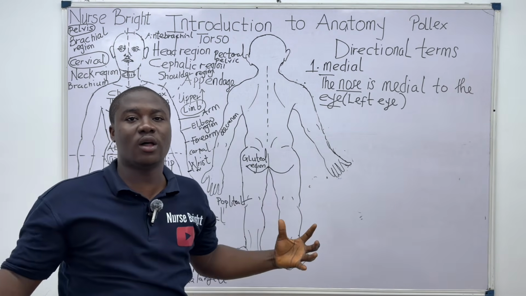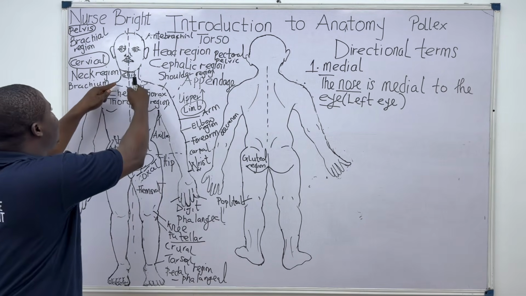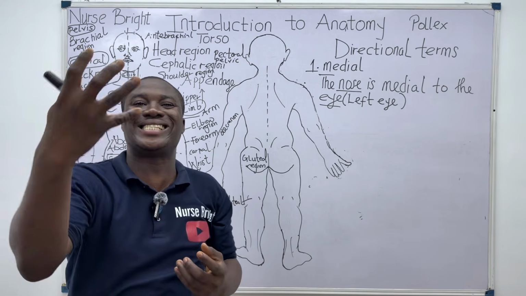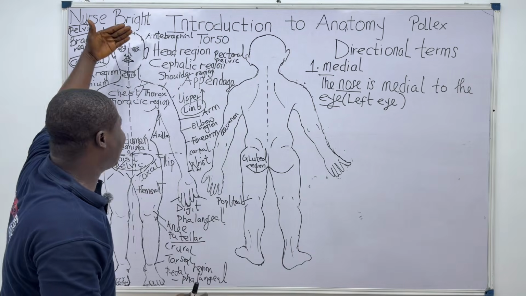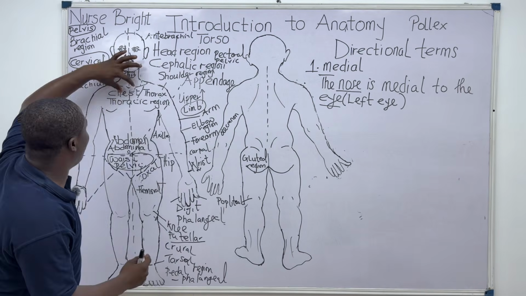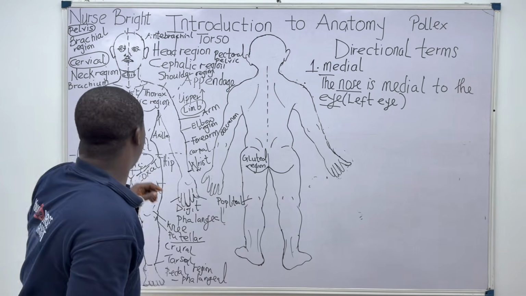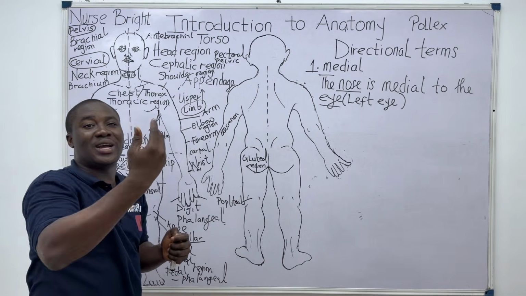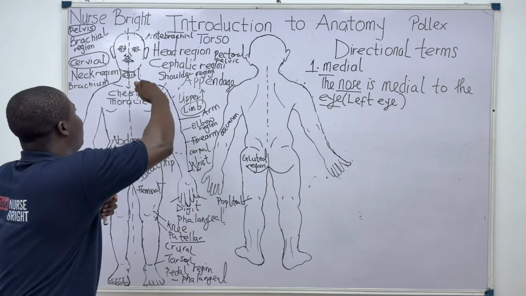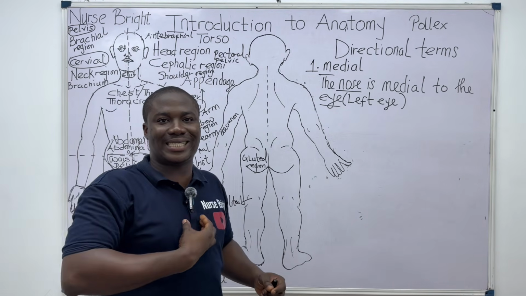Now, let us play with other regions of the body. Let's talk about the chest region. There is a bone in this position of an individual called the sternum. I hope you are following me. This is not a skeletal diagram. This is a diagram of a human being. So there is a bone here, which is usually called the breast bone. And then there's another bone, also called the beauty bone, or the clavicle. Hope you are aware. So the clavicle is situated here. This is your clavicle, and this is your breast bone.